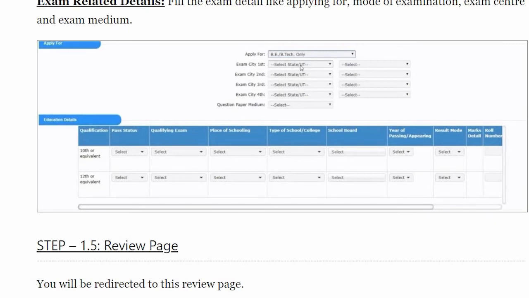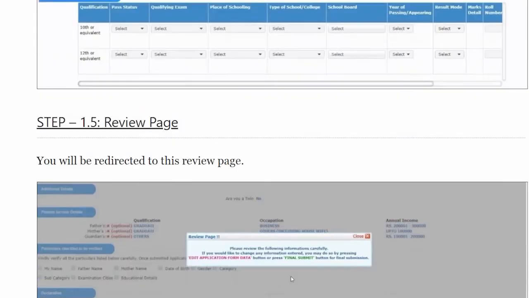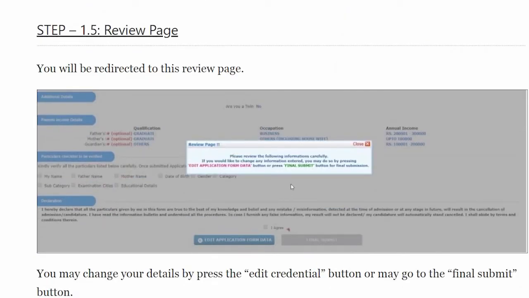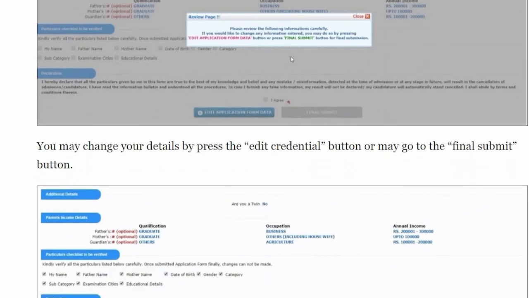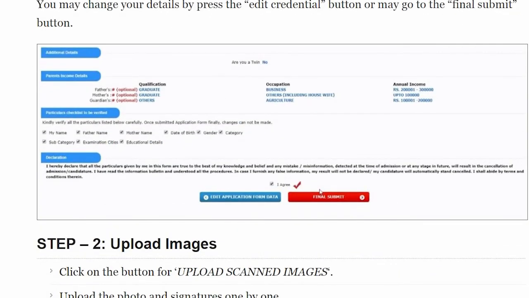In the application form, first you need to select the academic details according to your passing year and school board. Then you can choose the examination center. Due to the COVID-19 pandemic, you need to understand which is the best city nearby you. So depending on your requirement, you can choose the examination city. After that, you can move on to the review page. Just click on the submit button. You can move on to this kind of page, and you should check all the details. If they are correct, then you can click on the final submission button.